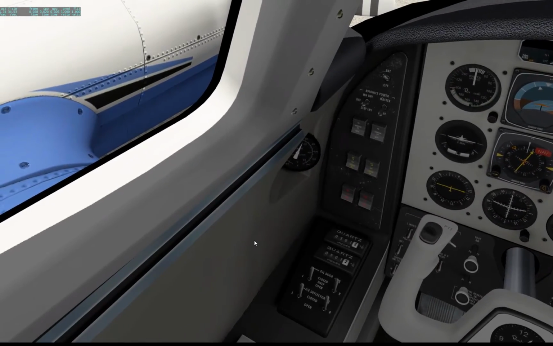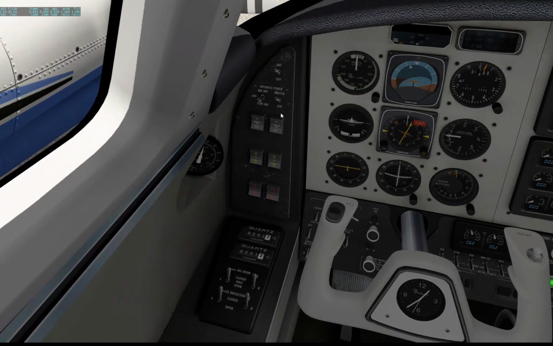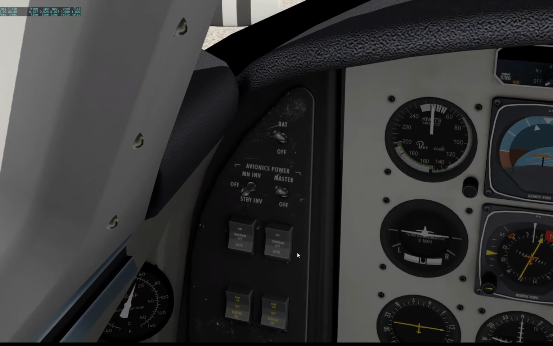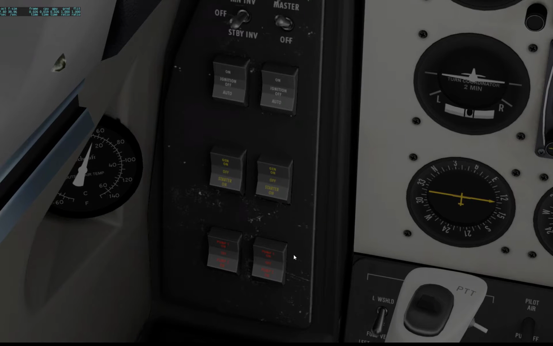Next thing I need to do is turn on the battery. Okay, I just turned it off. Turn on the battery. There we go. Avionics master on. And let's see. Oil door. We'll go ahead and open these. Open these. There we go. And what do we have here? Fuel pump. We'll go ahead and start with